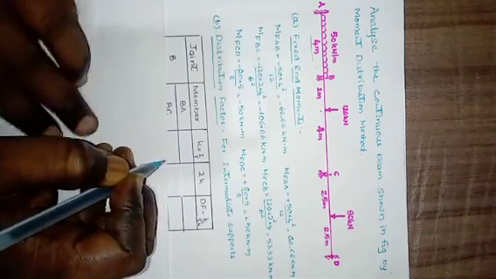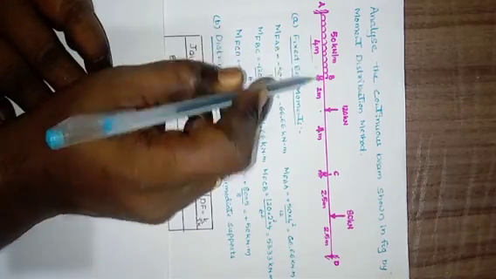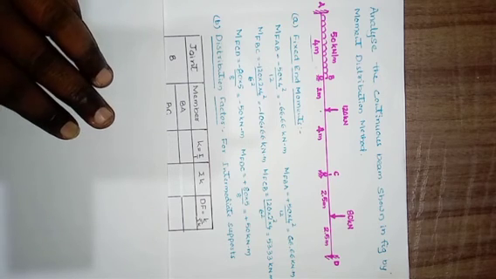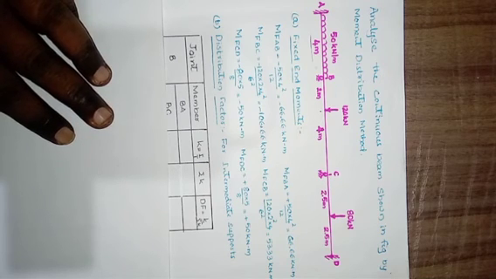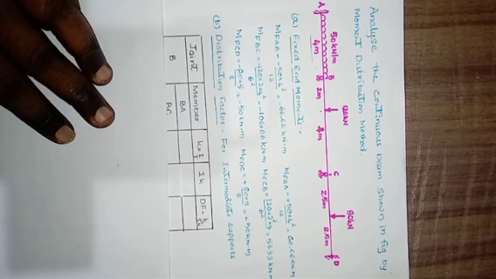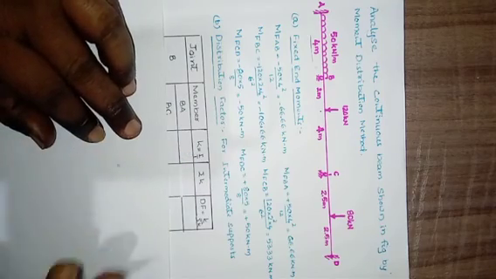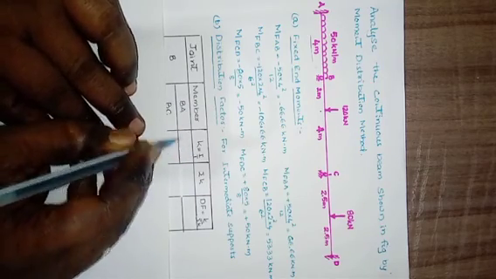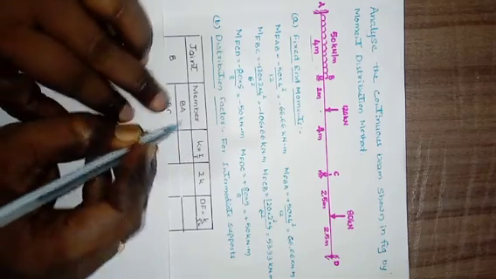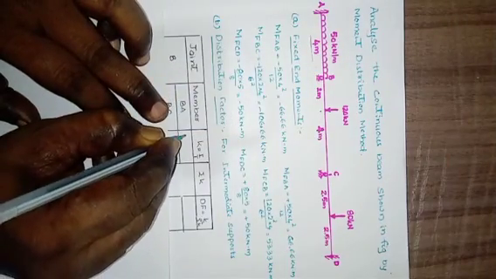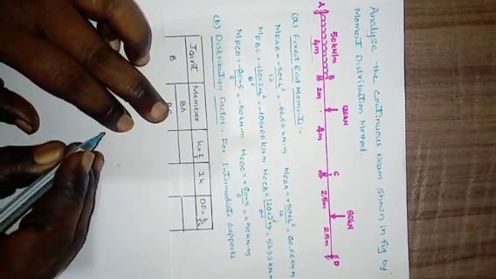Here he has not given any value of moment of inertia. Hence, the moment of inertia is constant throughout, and the material is made up of a single material. Hence, the modulus of elasticity or Young's modulus is the same. Therefore, since EI is constant throughout the length, K equals I by L. Here for BA, I is the moment of inertia and L is 4 meter. That one is I by 4.